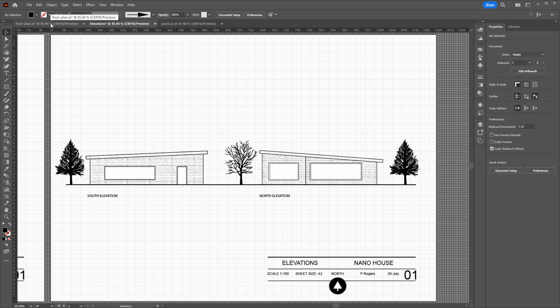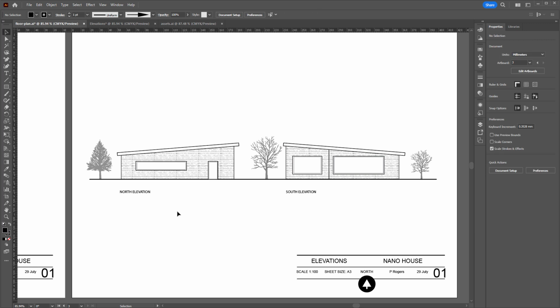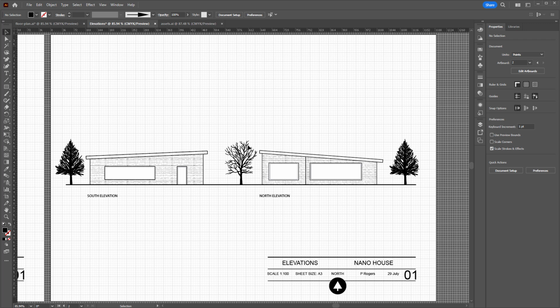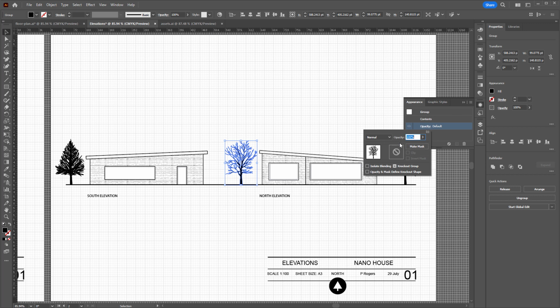So if you remember on my final presentation, I actually faded them out, or I adjusted the opacity just so they're not too dominant. We don't want them standing out too much. They're just a nice subtle detail to enhance the presentation. So I'll go back to elevations, and to do that it's quite simple. I'll just select the actual tree. I'll head over to this icon here called Appearance, and there's a little button here called Opacity. So if I select that,